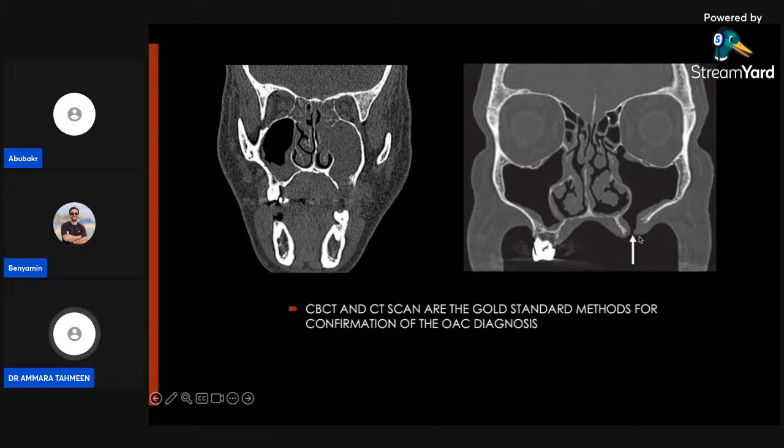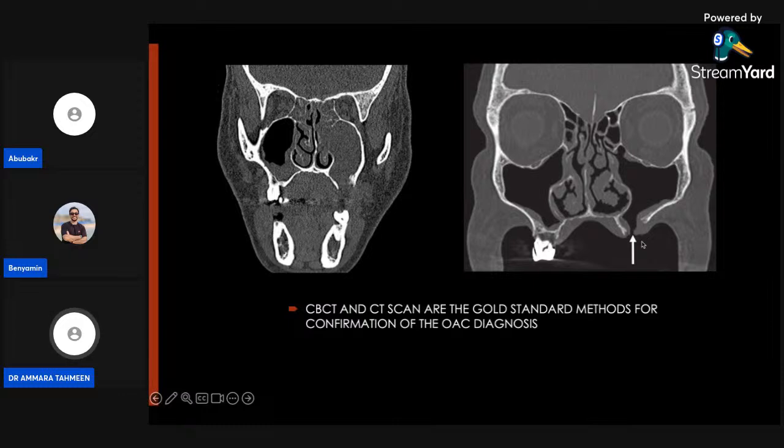Once the epithelialization of the oroantral communication takes place, that means it is an oroantral fistula. Now this has an organized tract; a fistulous tract has formed. So that's why there is a clear pathway. Now there is exchange of fluids, everything here. So all the fluids get drained, but due to some amount of fluid coming in and out of the oral cavity into the sinus, there will be low grade inflammation which causes the thickening of the sinus membrane, and in later stages it might lead to the formation of a polyp.